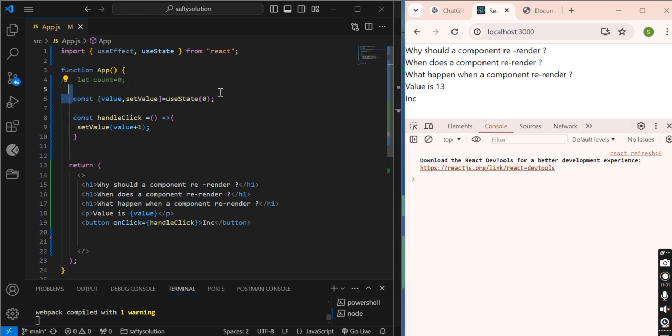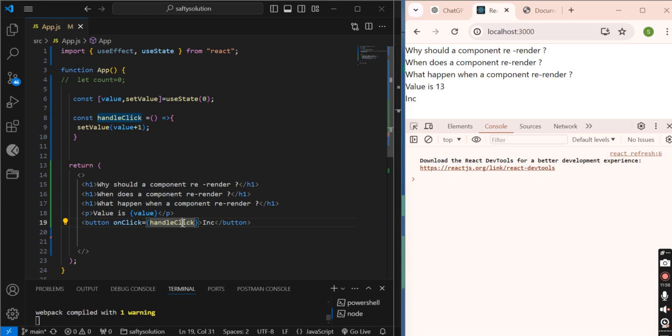Firstly, it will declare a special variable using useState. This is the value, its initial value will be 0, and this is the setter method. So whenever we want to manipulate this value, we will use this setter method.